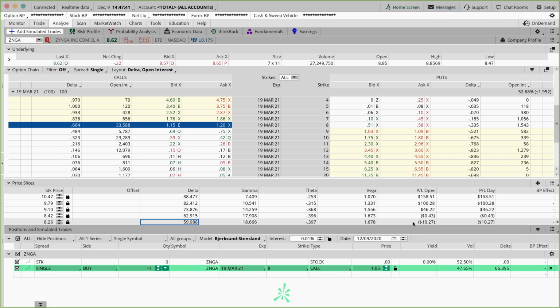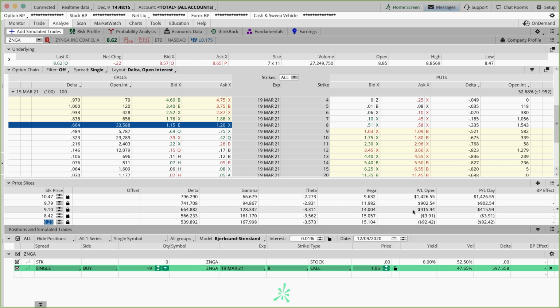And you say, okay, well, I can handle that. So if I can handle $100 worth of risk, then you could go up from here and just keep clicking the up contract size until this profile says my P&L will be about $100, right? And 10 contracts takes me a little bit over. So I never want to be over my dollar amount. I always want to be a little bit under and leave a little extra room for slippage or commissions or both, actually. So now we stand to lose about $92 today, if we get stopped out at our 8.26 stop loss,